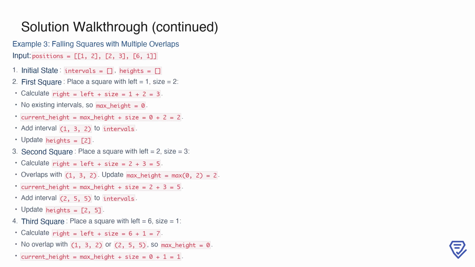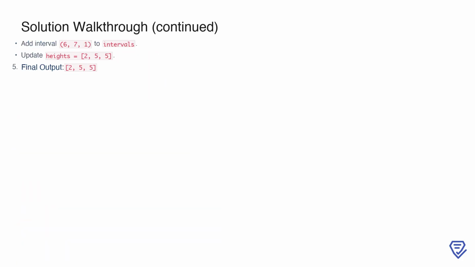Finally, the third square starts at left equals 6 with size equals 1, giving a right edge of 7. This square does not overlap with any existing intervals, so the maximum height is 0. Adding the size results in a current height of 1. We then store the interval (6, 7, 1) and update the heights list to [2, 5, 5]. This means the third square's height does not affect the maximum height from the previous squares. The final output is [2, 5, 5], showing that after each square falls, the maximum heights are 2, 5, and finally 5. This concludes the example with multiple overlaps, where the solution handles intervals dynamically to calculate the correct heights